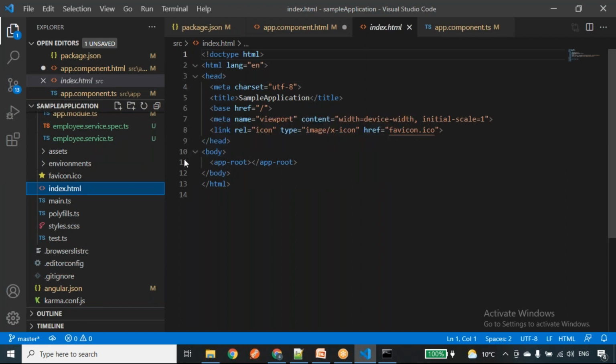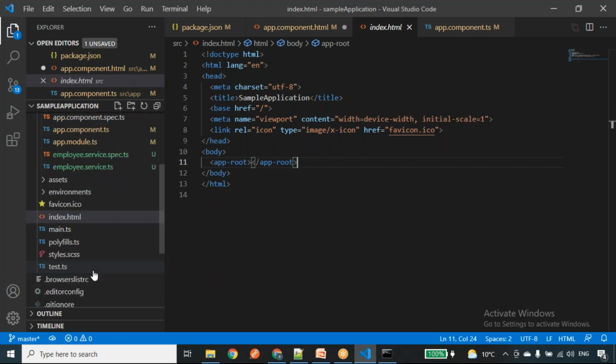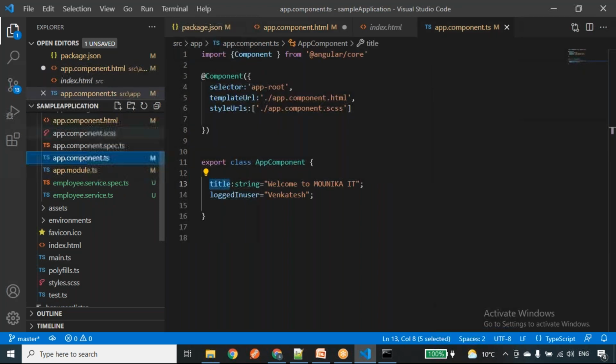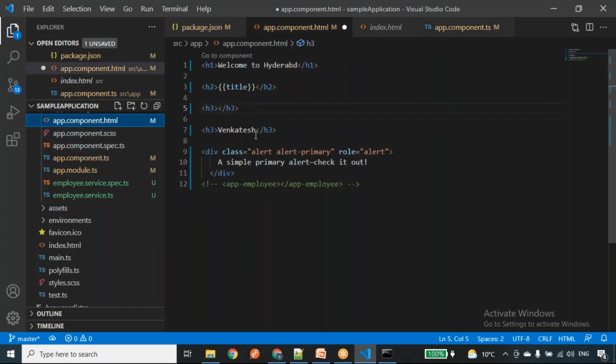If I give an h3 tag here also, it will work, sir. So this is the index.html file, right? Here, as I told you, each Angular application will have one root component. So I have provided the root component selector name here. The selector is what we use if we want to show that component's text in the browser.